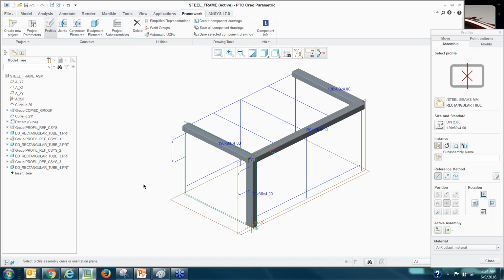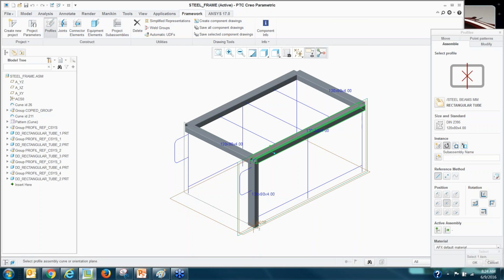Now, once I place these type of parts, I can also reassemble them. So I can reassemble them, create a copy of it, etc. Right? So if I want to reassemble, for example, this is what I want to reassemble, and I want to use this as my profile plane. I'm going to say I want to reassemble it here, right? Similarly, I could say I want to reassemble this guy, and I want to start reassembling it in this location, for example,